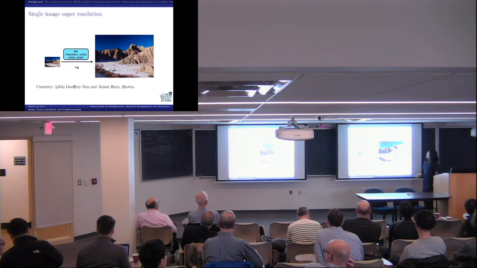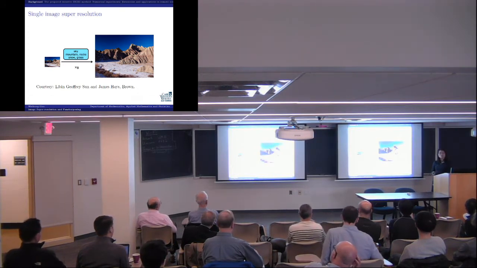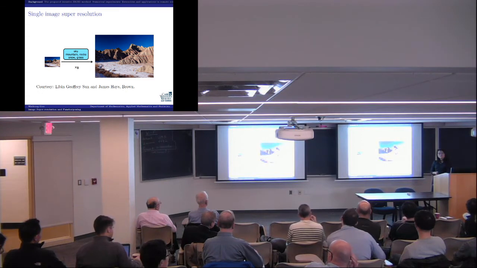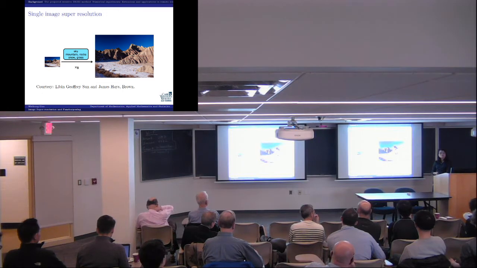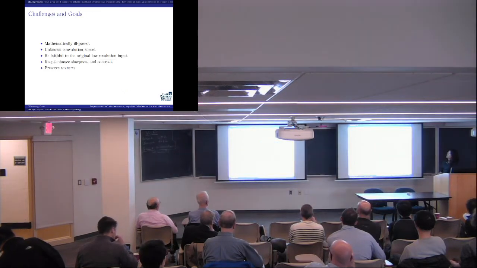What we are talking about today is single image super-resolution, which means you only have one low resolution image available. This could happen very often in reality, like a satellite when they take images from above of the Earth, you only have one image available. Or you do a biology study, microscopy, it's very expensive. Sometimes they have to pay to do imaging. You just have one low resolution image available. How do you make it work? How do you make it bigger? How do you make the images look sharp and have a lot of details?